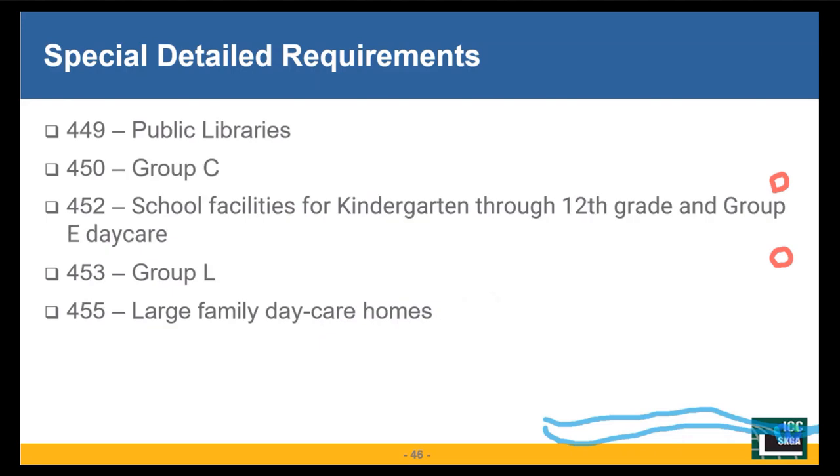Public libraries apply to public libraries funded by the California Public Construction and Innovation Act. It deals with installation of sprinkler systems, exiting, and it applies to new facilities in addition. It also deals with the location of sprinkler systems, such as book return slots. We talked about Group C, organized camps, and school facilities for kindergarten through 12th grade,